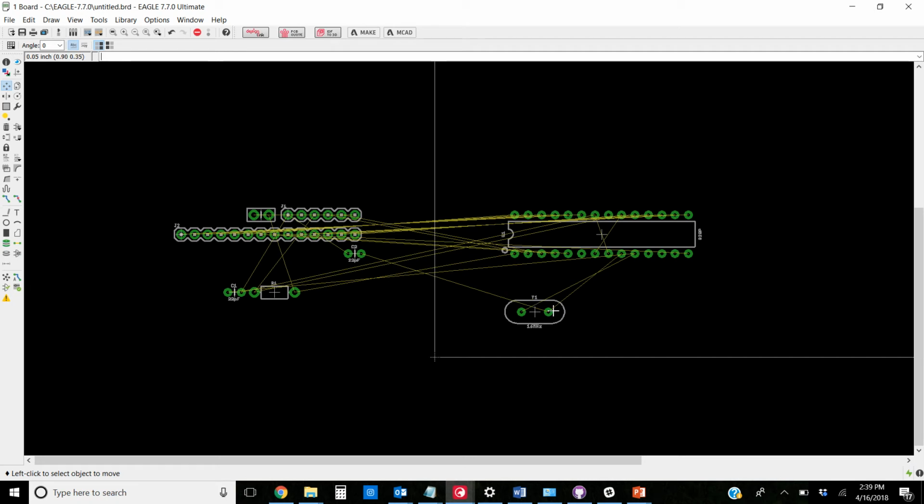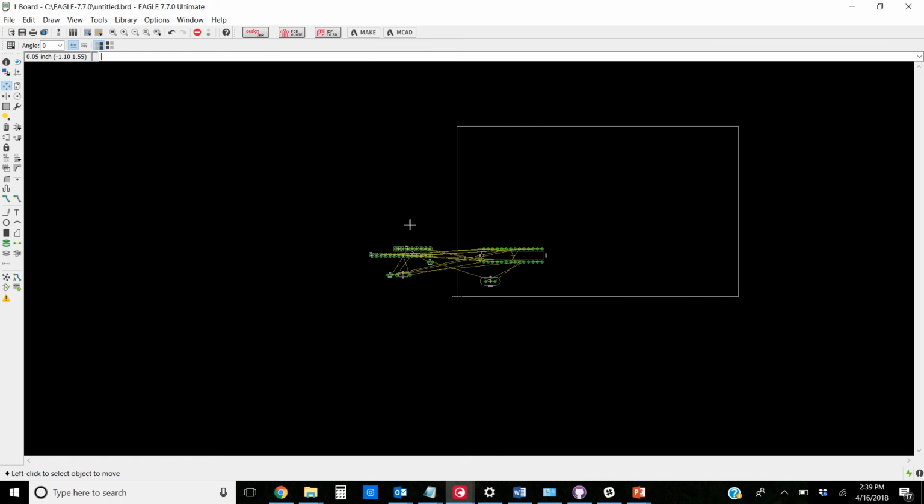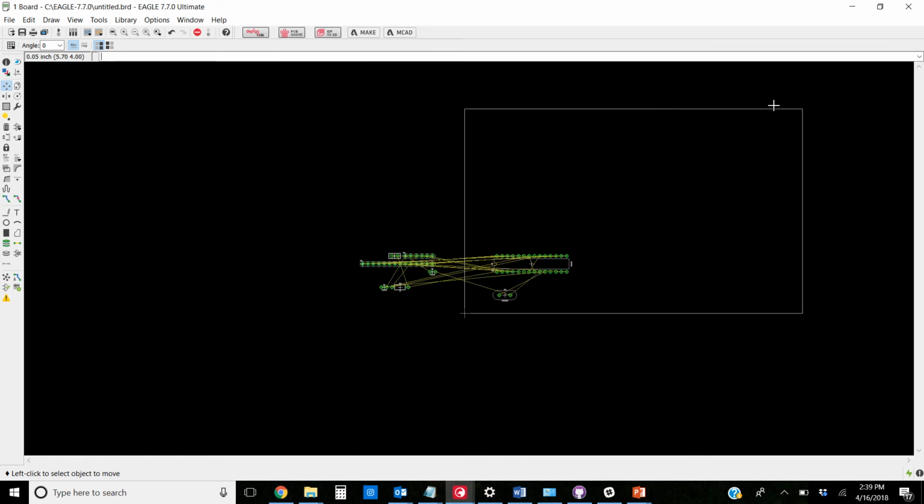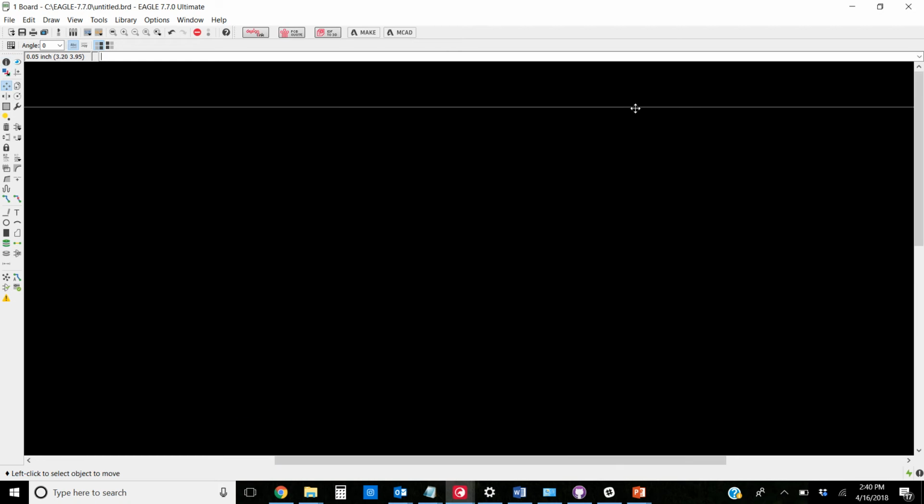So to get started, first thing, this white line we see around here, this is the outer dimensions of our PC board, and you can see this is quite large relative to all the parts. We can fit all of our parts on here with plenty of room to spare, and we don't want to have that much room left. So we're going to go in here and go up to the white line,